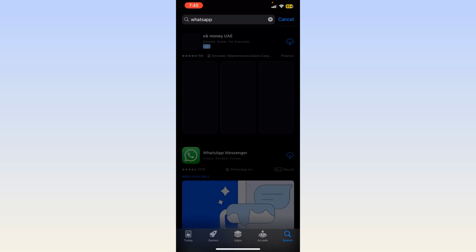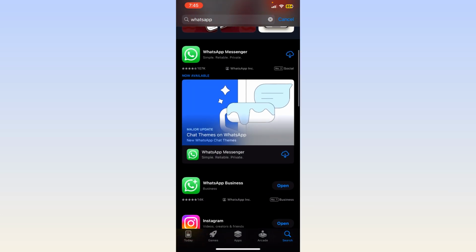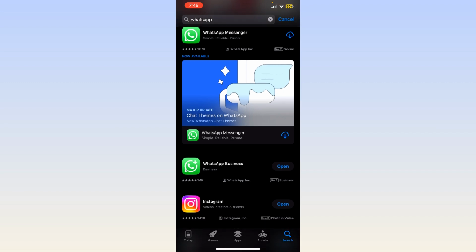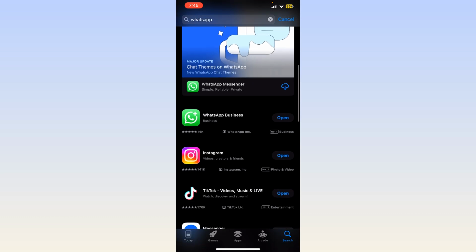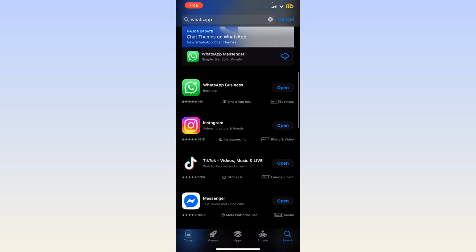Now once you do that, you can see there is WhatsApp Messenger and another one is WhatsApp Business. So make sure to uninstall WhatsApp Messenger from your device and reinstall the other app, which is WhatsApp Business, and make sure it is developed by WhatsApp Inc. And don't forget, you will get the download option on the right side. So just tap on it, and once your download is complete, you will be able to disable your Meta AI